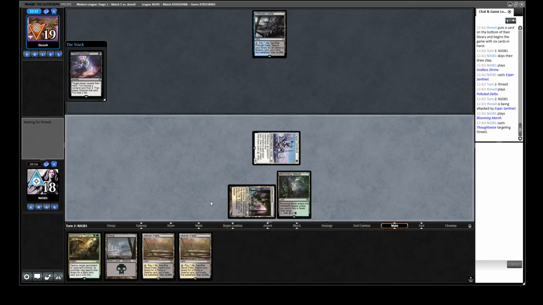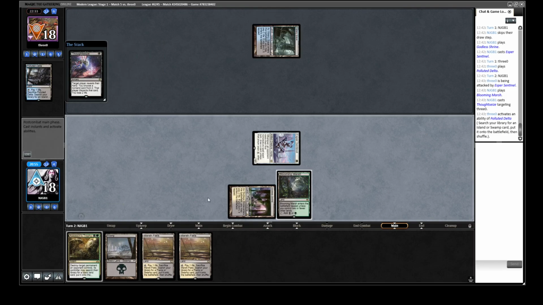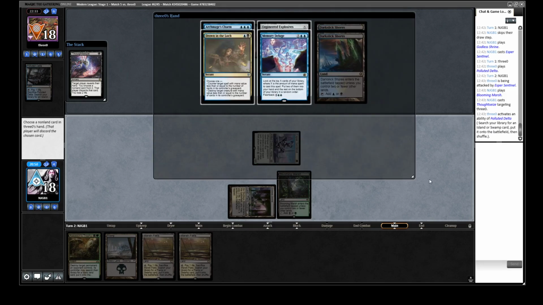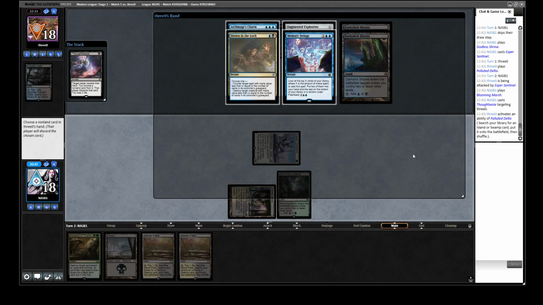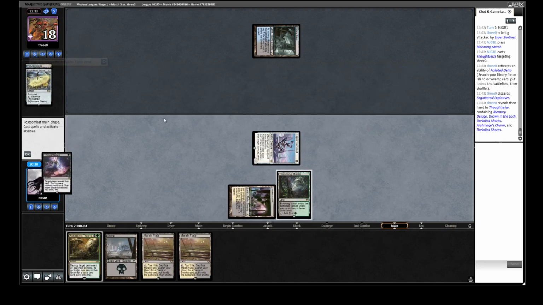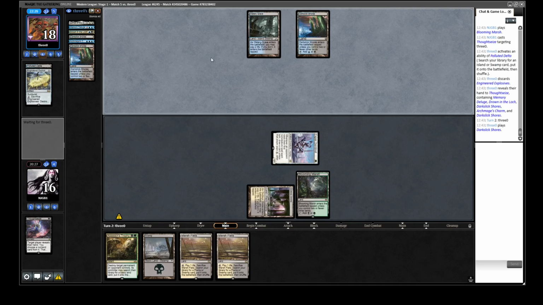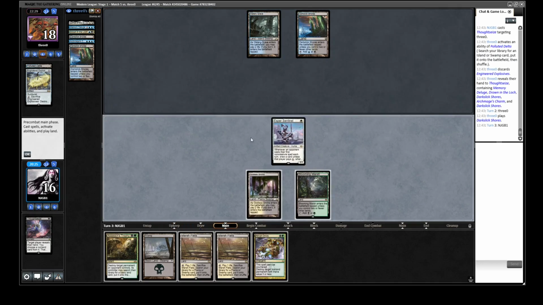Thoughtseize. Okay, so what do we want to take here? So our opponent could EE on one. I think we're just going to take EE. Could take the charm. I think we're going to take the EE because it's the cleanest answer to Esper Sentinel they have, because next turn they can use the mana to go EE on one. Then we instantly draw Abrupt Decay, which is